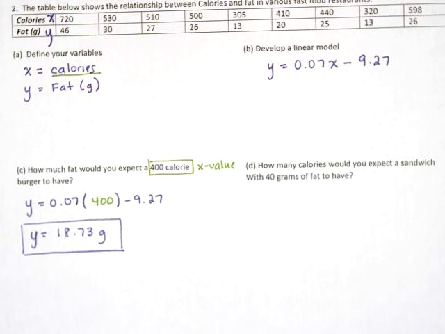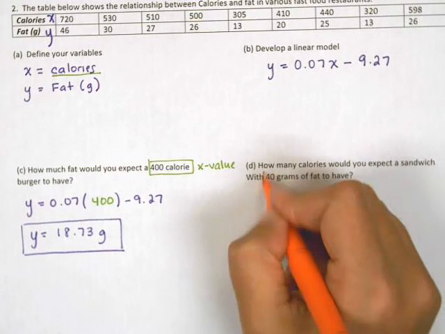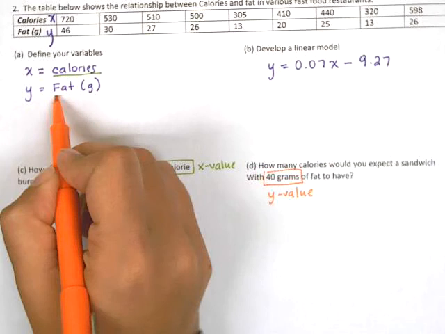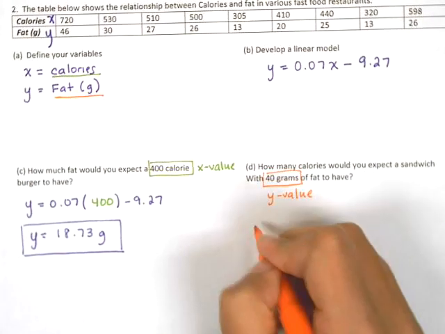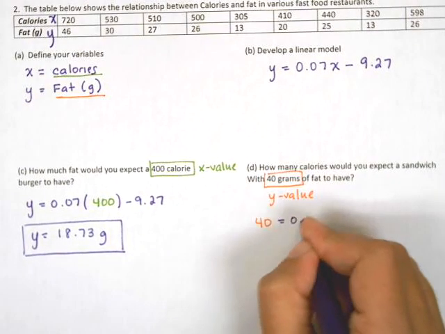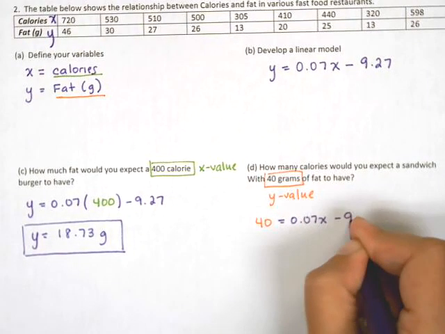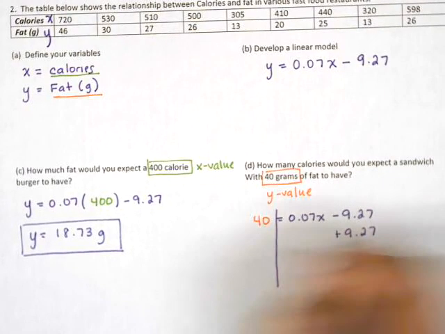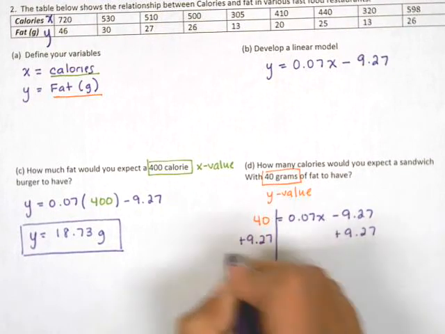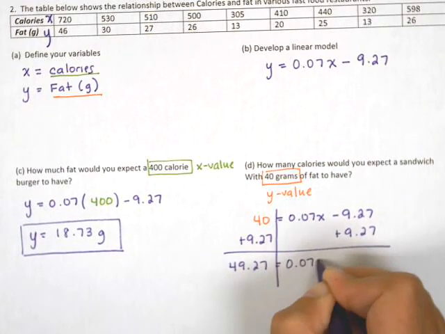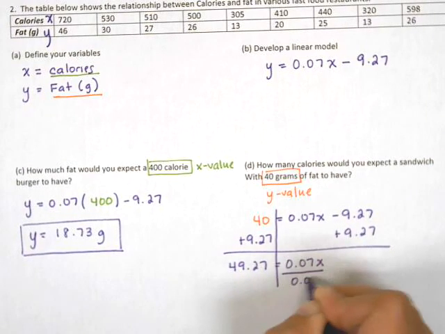Now it says how many calories would you expect a sandwich with 40 grams of fat to have? So 40 grams of fat would be a y value because in this problem the fat is the y values. So I would substitute that for my y and I would say 40 equals 0.07x minus 9.27. I would add 9.27 on both sides and I would get 49.27 equals 0.07x. Then I would divide by 0.07